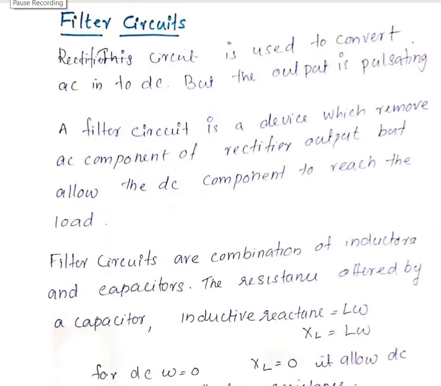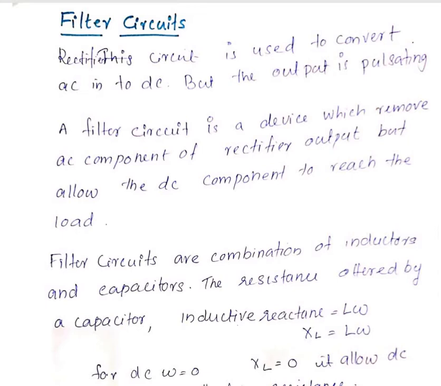So let us discuss the filter circuit. A rectifier circuit is used to convert AC into DC. But we know that the output of this rectifier is always a pulsating one, whether it is a half wave rectifier or a full wave rectifier, even for a bridge rectifier. So we use this filter circuit